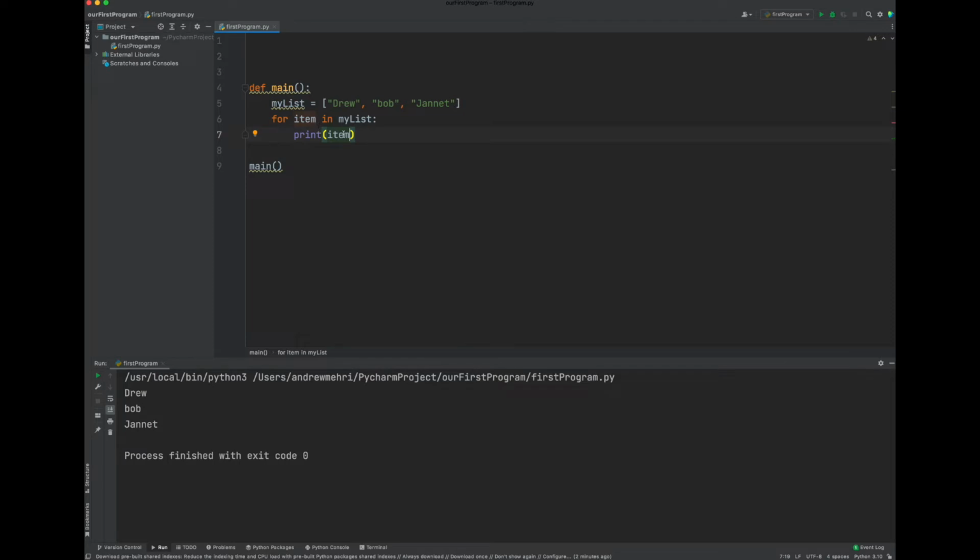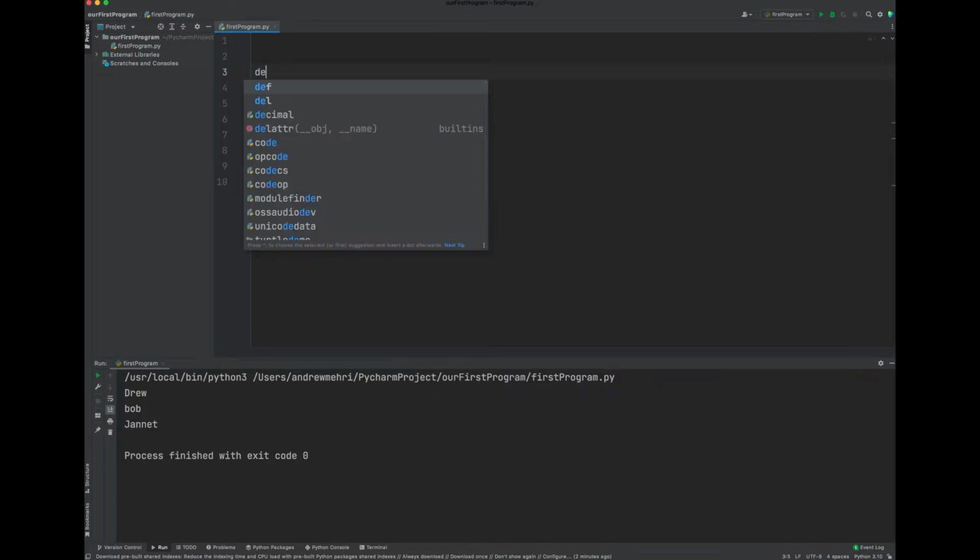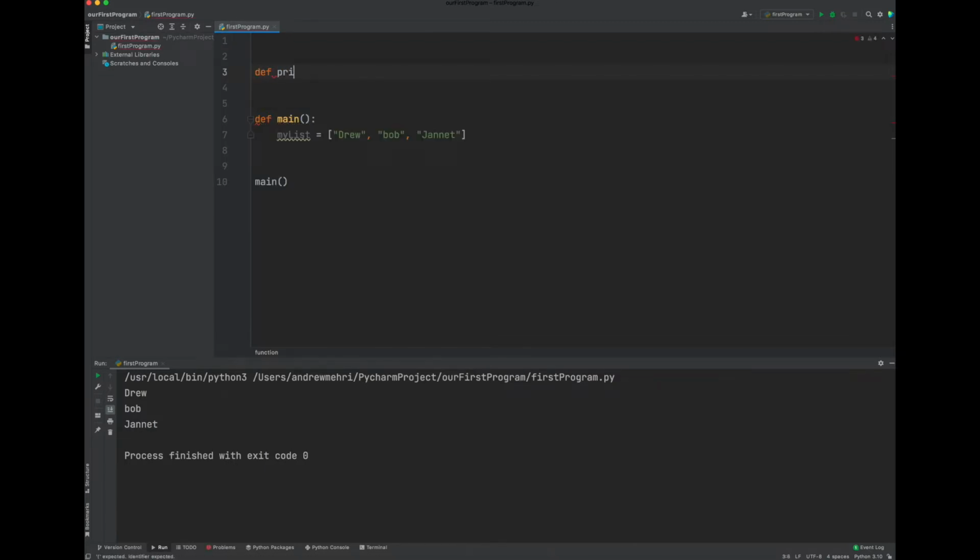Now, what if we wanted to do this print in another function, in a separate function? In other words, we're going to have to call that function and pass along my list for it to handle it. So how do we do that? Well, let me just delete this here. We want to do this in another function here, and we're going to say def print my stuff. So whatever you want to call this function. And in it,